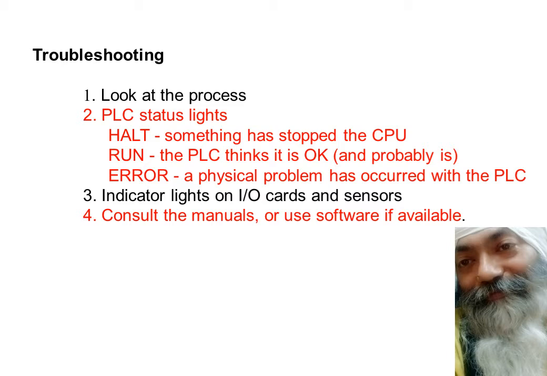There might have been some overflow, or some divide by zero kind of thing. You might have done it in the programming. That can all result in stopping of the CPU, apart from the hardware error which might be coming on account of a chip getting failed inside the circuit. So you can have halt or you can have error, and in error also you can have error with blinking of the LEDs. The blinking can be slow, the blinking can be fast. All those things are dependent upon the type of model which you are using, and in the manual each and everything will be given for that particular model.